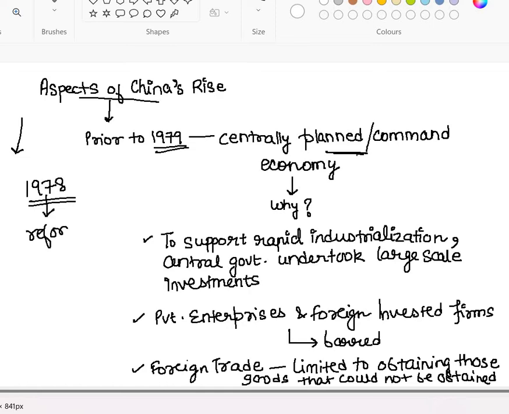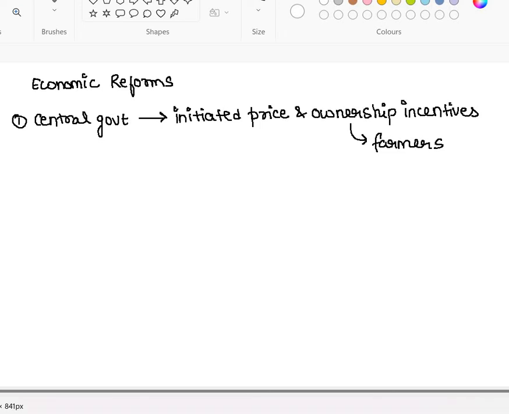And all of this basically created distortions in the economy. इस तरीके की पॉलिसीज से इकोनॉमी धीरे धीरे नीचे आने लगी. So in 1978, the Chinese government decided to break this kind of Soviet style economic policy. So from 1978, we saw reformations in China's economy. First reform was